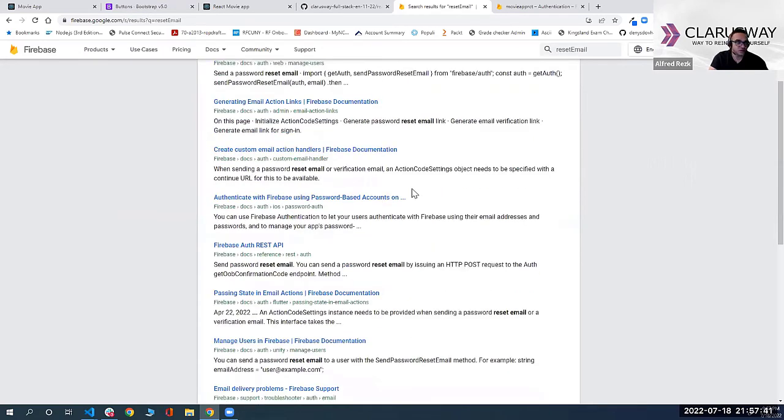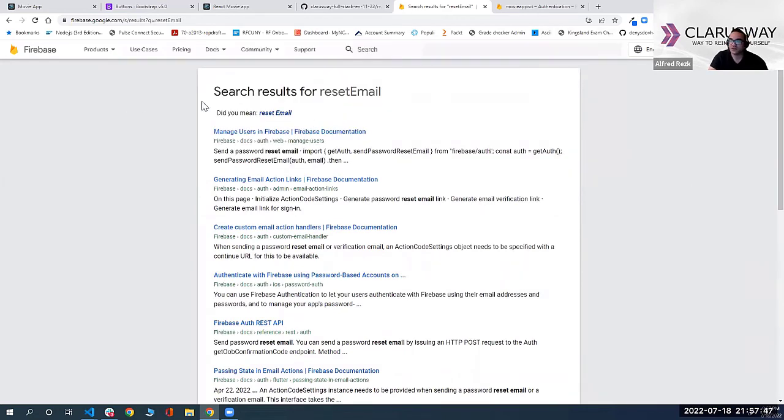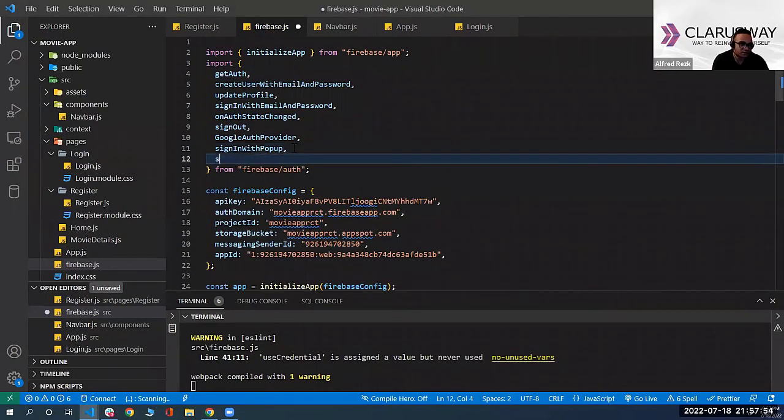I know the name of the function. I just send password reset email. I just want to show you the process that you should follow if you couldn't find any documentation. The function is simply called, you're trying to send an email, so it's called send